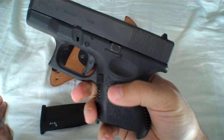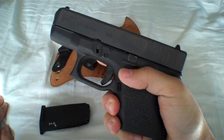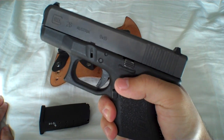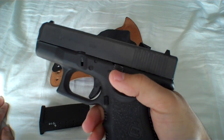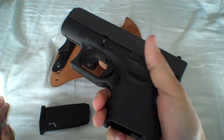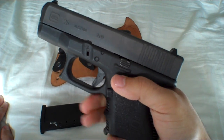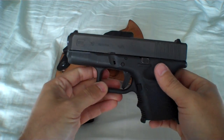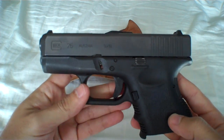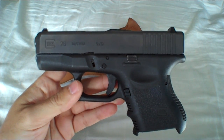I have small hands, so the grip on this gun is not the best. The XD and the MMP actually fit me better, but if I can't conceal the gun, I won't wear it, and so that's more important than how it feels. I can still shoot this one, but it's just not as comfortable as the other ones. I didn't try it out, but I went to the shop and held a Glock